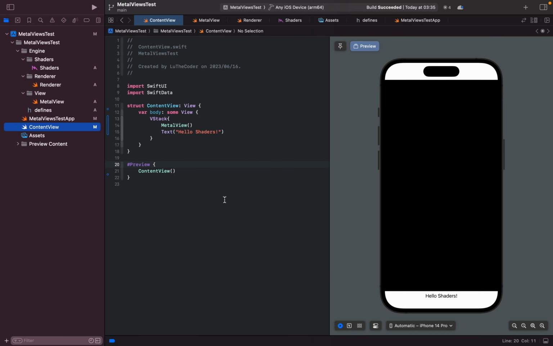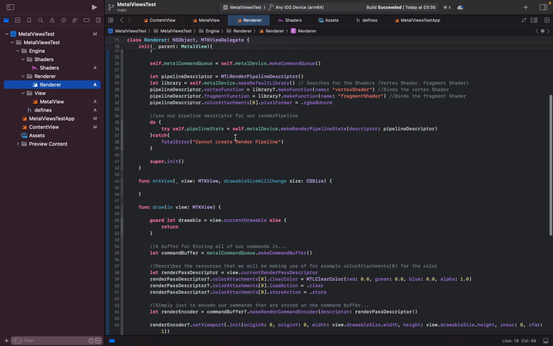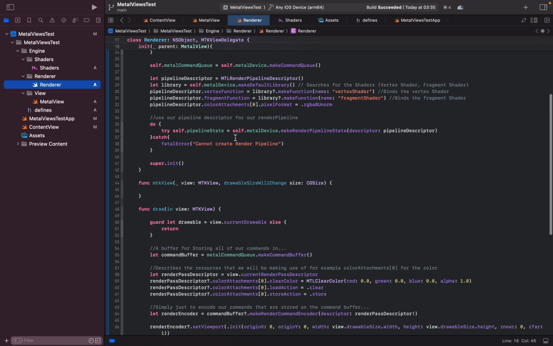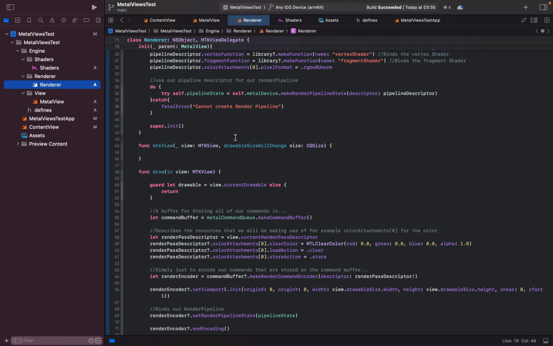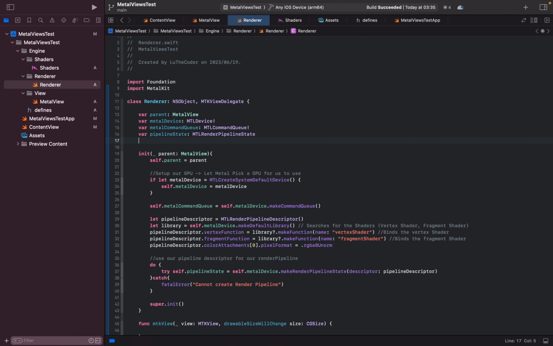So now if you guys are coming back from the previous video, you'll know that we managed to set up our very first renderer and got the screen clearing to black. So if you take a look at our renderer, you can see that it's really not a lot of lines of code. That's just the beauty of Metal and working with Metal. You really don't have to do a lot to do something amazing. So in today's video, we're gonna get straight to it and start developing